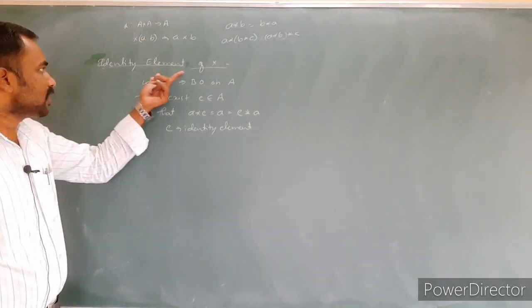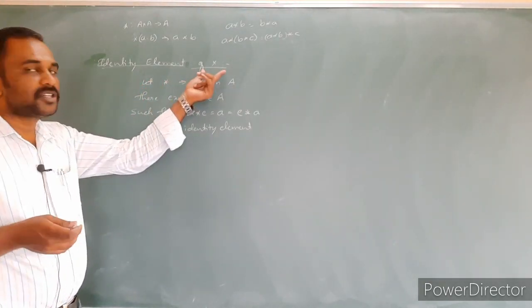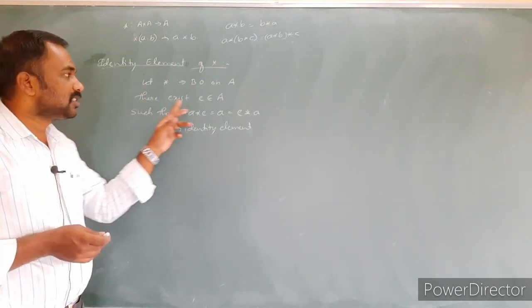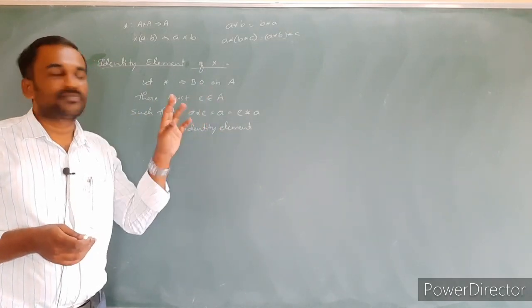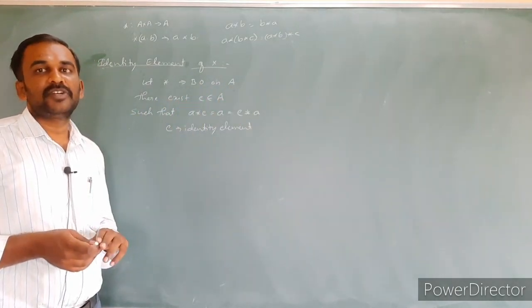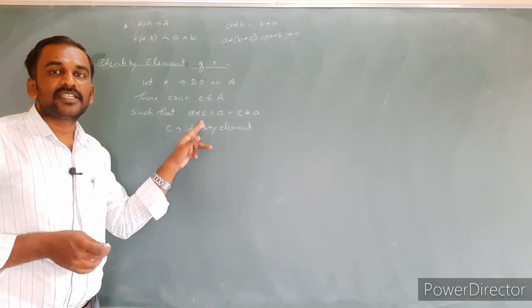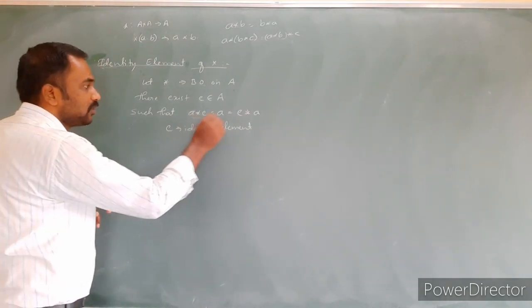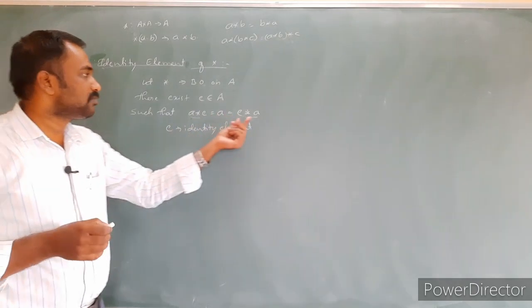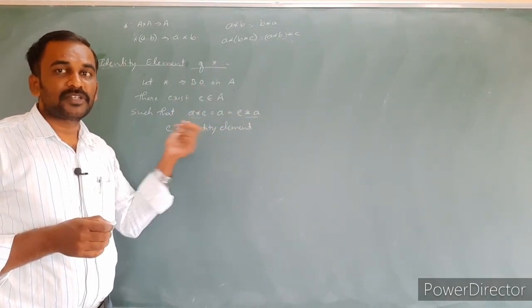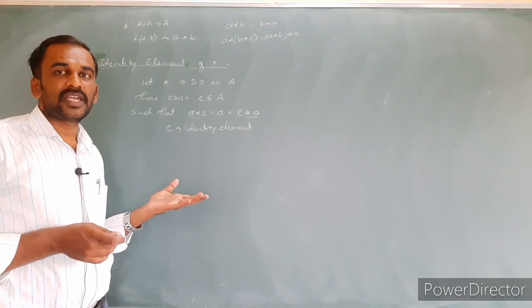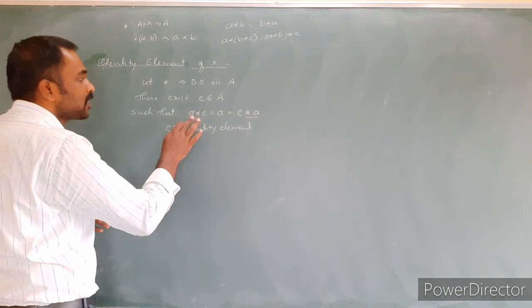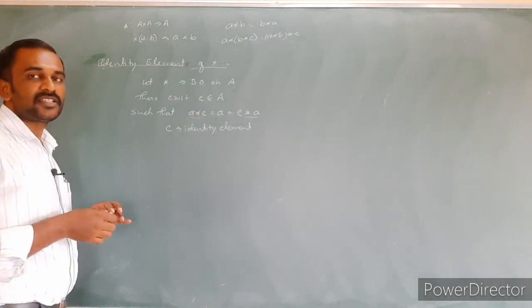What is the identity element of the binary operation star? Star is any binary operation on a particular set A. Then there exists one element E, and this element E must be present in the given set A, in such a way that A star E is equal to A as well as E star A is equal to A. Both must be satisfied. A star B is equal to B star A. If it is a commutative binary operation, then only can we find the identity element for the given binary operation; otherwise it is not possible. Okay. A star E is equal to A as well as E star A is equal to A.